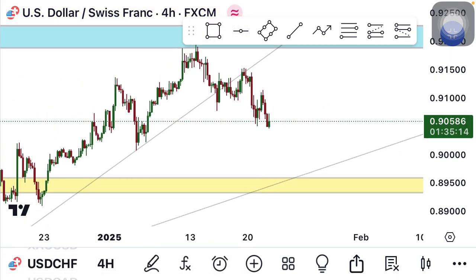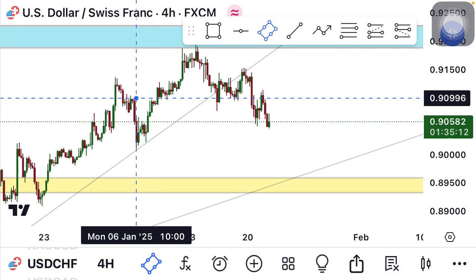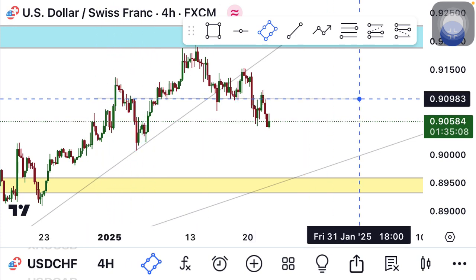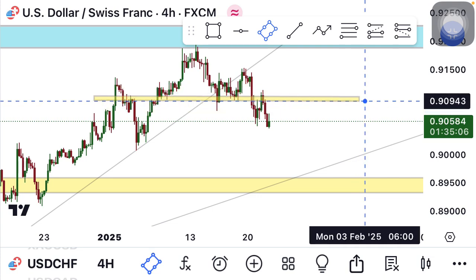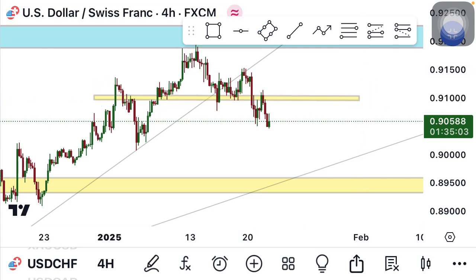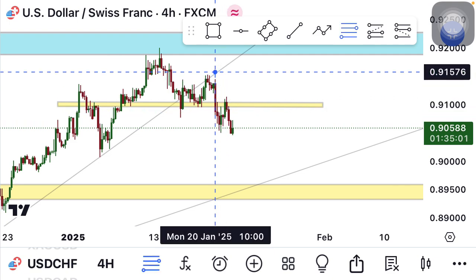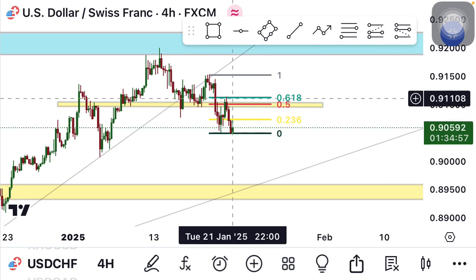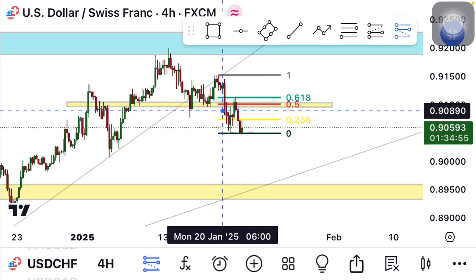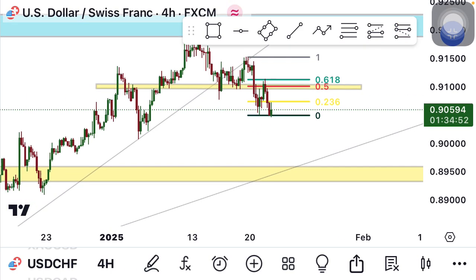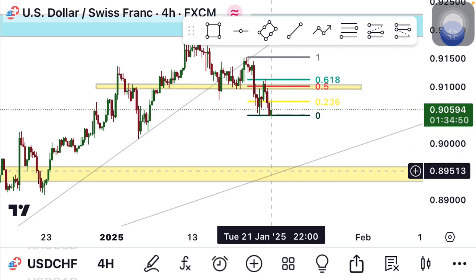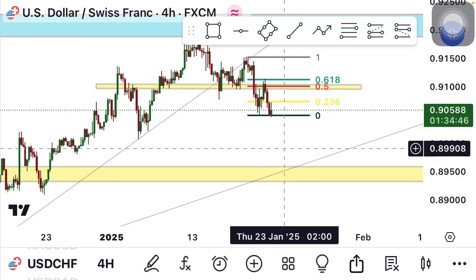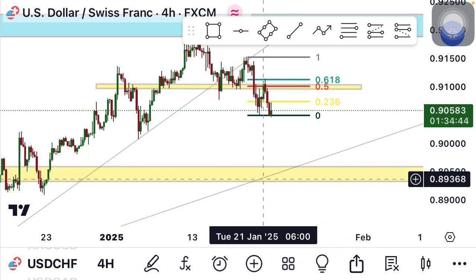All right, I can identify a zone around here. Right, of which Fibonacci can still play a role around that zone, and around this zone, this is where selling opportunities are coming up, right? So I'll be expecting price to come all the way to this area of interest. So if you're in this sell, you should be in some good profit, and we're expecting price to come all the